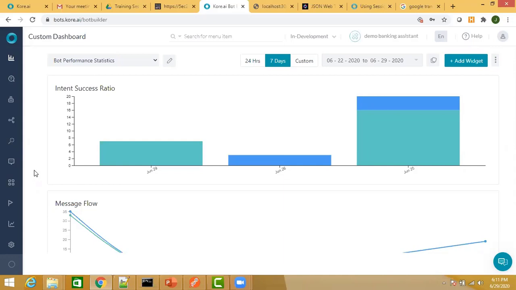I mean, let's say the message flow exceeds a certain threshold, that means we are getting more traffic than usual. Then we need to look at the underlying compute network. I just gave an example. If the intent failure ratio is above a certain threshold, again we have to revisit the intent identification, the ML and NLP part. So some alerts.